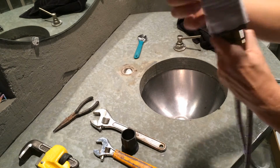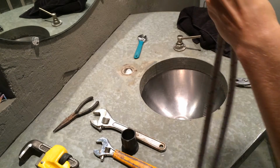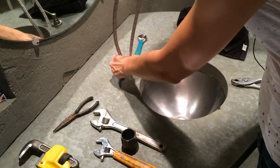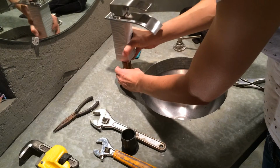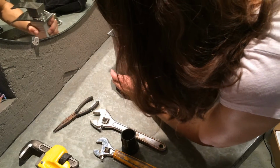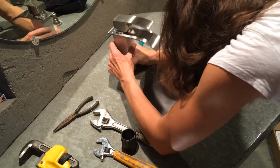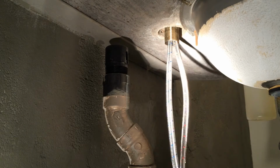So I'm going to go ahead and tighten this down. It doesn't have to be overly terribly tight. And then I'm going to thread this stuff down through here, and that is quite a snug little fit. That is okay. So, like I said a minute ago, I'm going to thread this piece up these